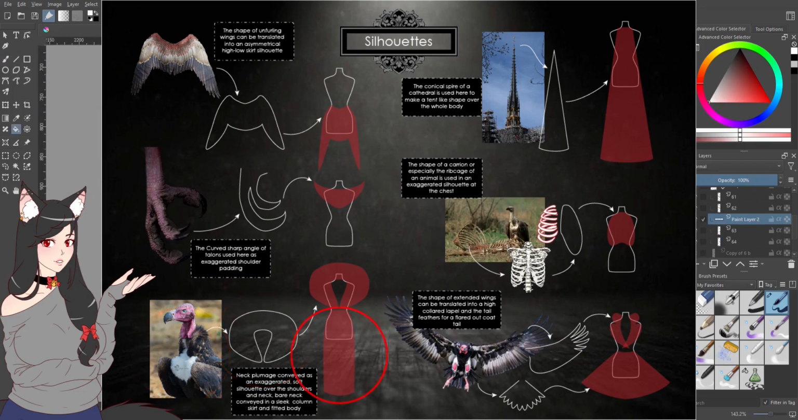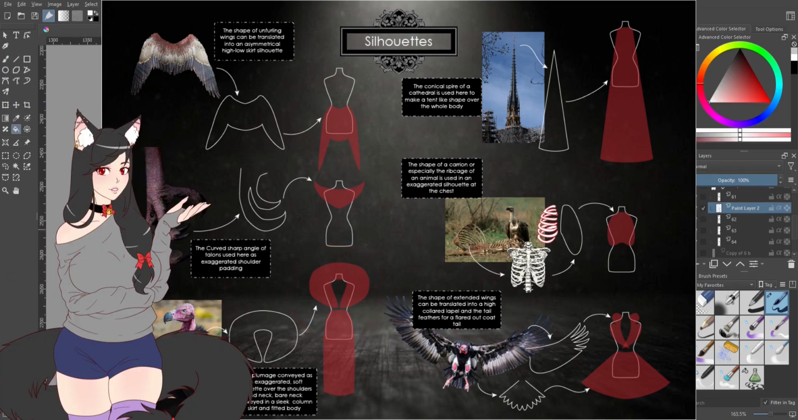With the skirt, to accent it, I chose to make it a pencil skirt or a more body-hugging skirt, which draws more attention to the fluffy plumage around the neck. Going with the Gothic aesthetic, I also added a conical spire of a cathedral, which I could use as a tent dress shape. And going with the vulture theme, I added a carrion. More specifically, the shape of the rib cage, which, surprise, surprise, I used as rib